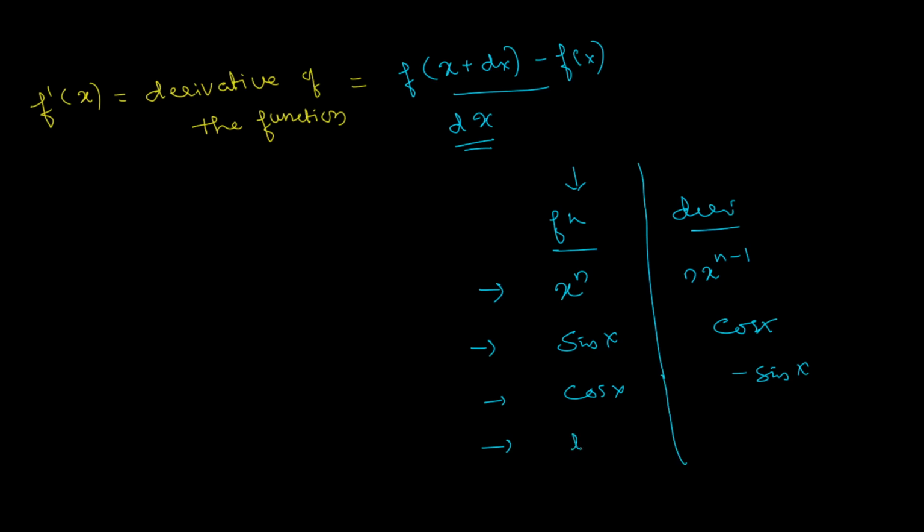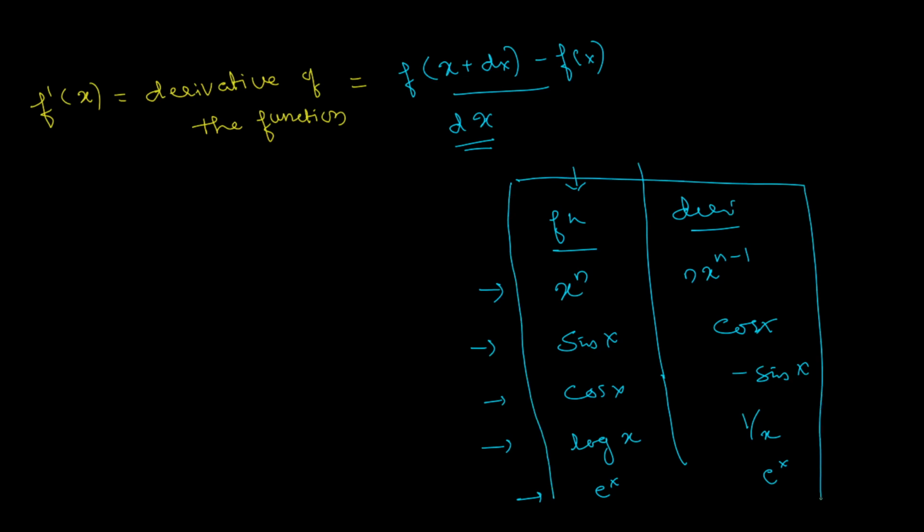But yeah, if you have learned derivatives already to some extent, you will have seen this table. Derivative of log x is 1 by x, and derivative of e to the x is e to the x only. And there is a good chance that you have taken your teacher's word for it. Even I do the same thing, except here, since I have time, I can do a little extra. You must have taken your teacher's word that the derivative of x to the power n is n into x to the power n minus 1, and so on and so forth.